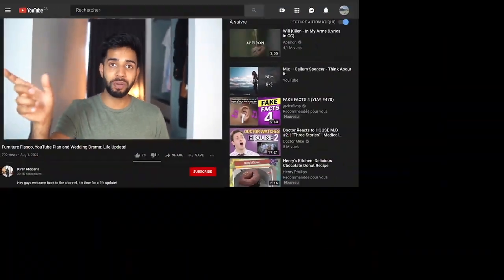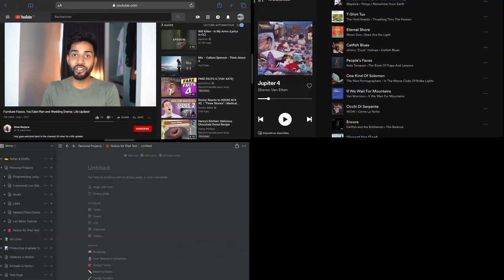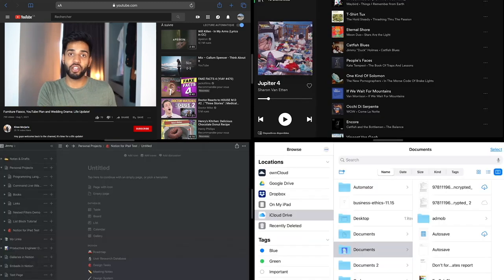But what if you don't want two screens? What if you want three screens or four screens? What if I want YouTube playing a song over here, and I want Spotify over here, and I want Notion over here, and I want my files over here? If I wanted four things open, it becomes really difficult to do without having to switch apps, and it's very